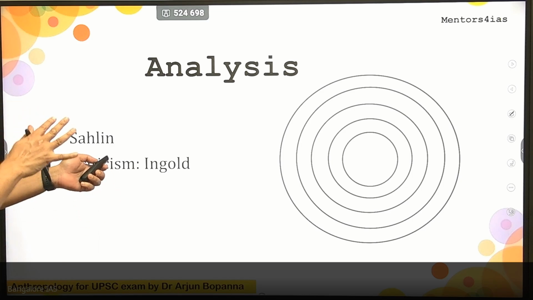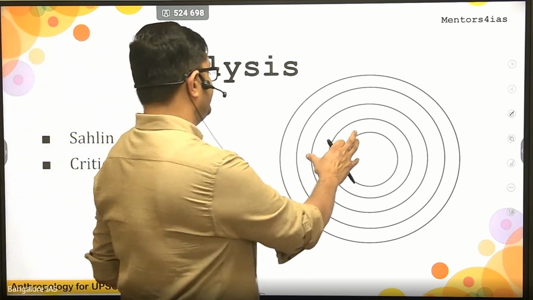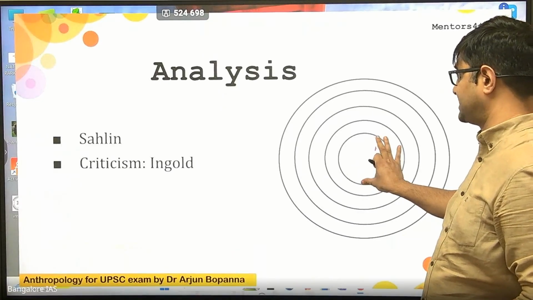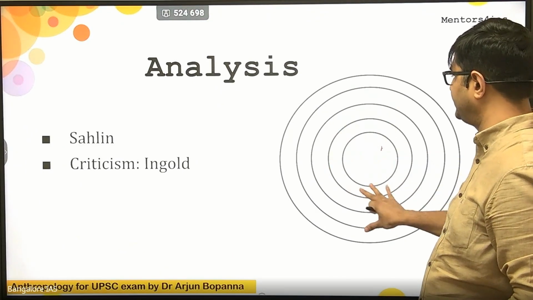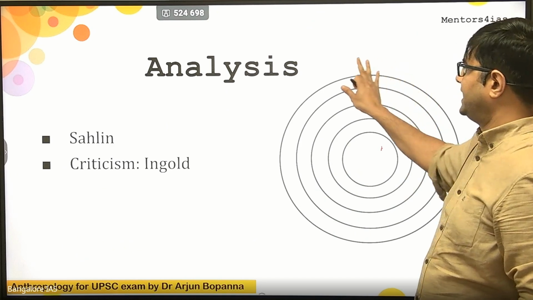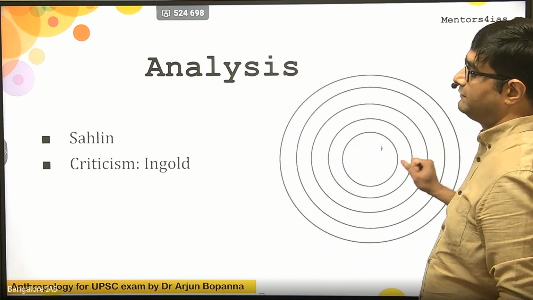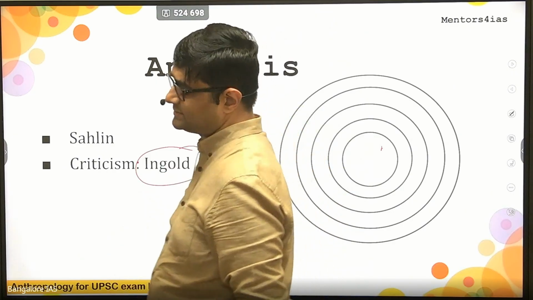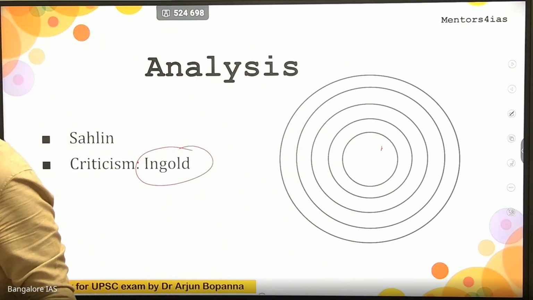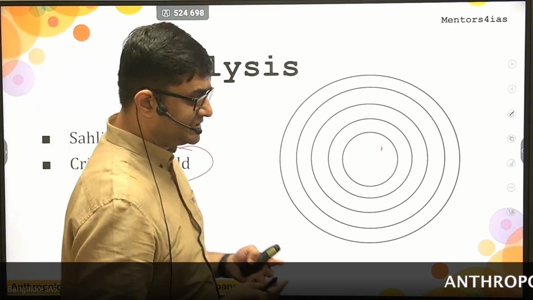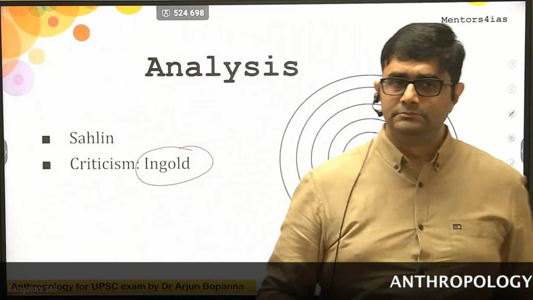So that's the analysis, as I told you. The first circle you will find close relatives, so you find balanced and generalized reciprocity. In the outside circle, balanced, and in the outer circle, you will find negative reciprocity. But it has been criticized by Ingold, who says that we cannot attribute positive and negative based on the